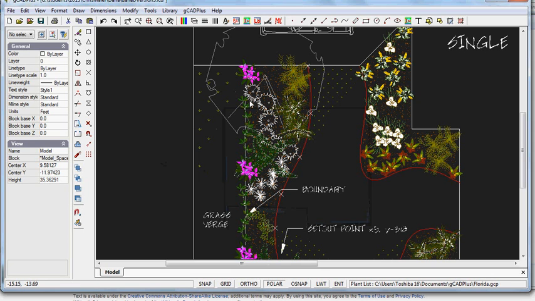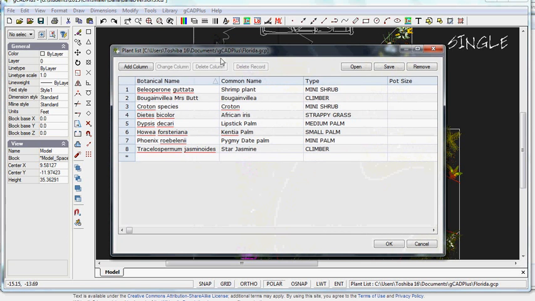I want to add one more plant to the plant list that's associated with this drawing for an area in Florida. I've loaded a plant list that's called Florida GCP, and you can also see it down here in the status line. I want to add another species, the umbrella tree,